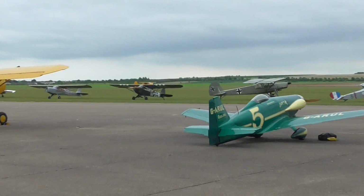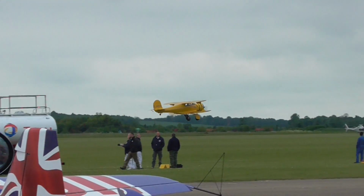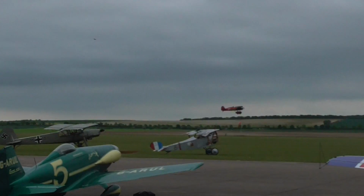Another set of interwar machines now getting airborne. First of all, the little red and black aircraft, a newcomer to Duxford, the Tramway Type R, followed by two